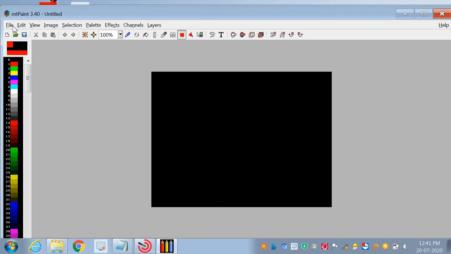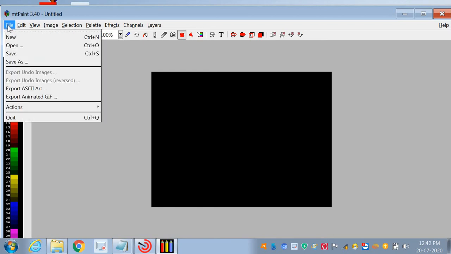There are some menus displayed: file menu, edit menu, view menu, image menu, selection menu, palette menu, effect menu, channel menu and layers menu. They are all the menu bar, and at the bottom this is your taskbar. Now one by one I will explain the menu bar.